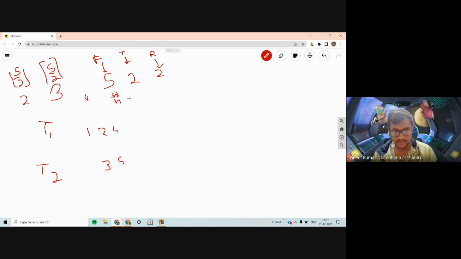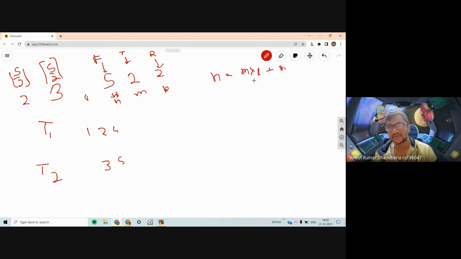Suppose this is your n, this is m, and this is k. Suppose n was a multiple of m, then each table would get an equal number of people. Otherwise, suppose n equals m times some number l plus r.